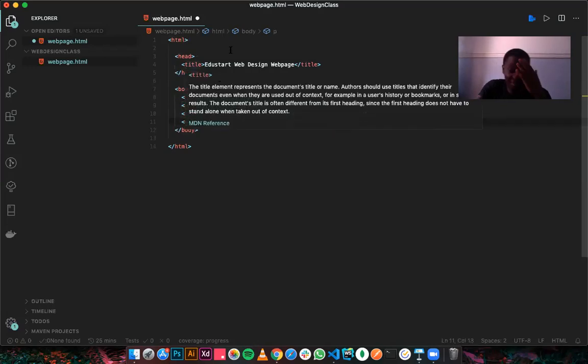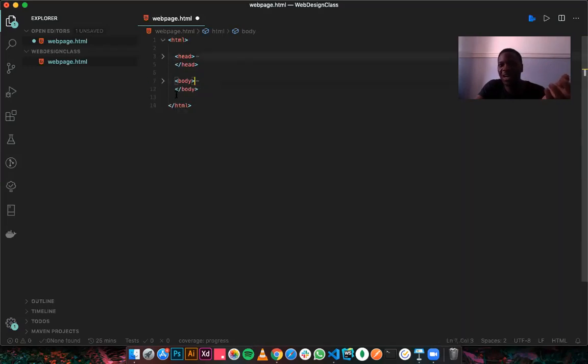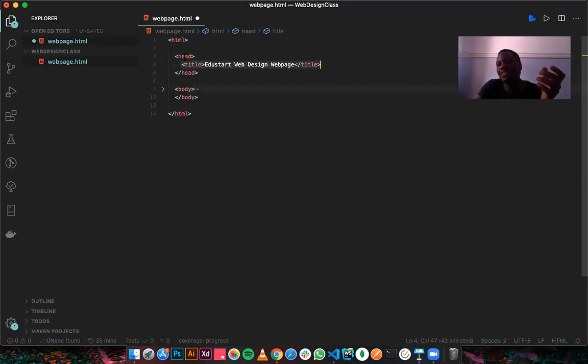Now, it also gives a sense of relationship between the elements. You can say that the HTML is the parent element, and the head and the body elements that are inside it are the children of the HTML element, where the head and the body elements are siblings. As you can see, they are on the same level hierarchically. They are not inside one another, right? And then in the same vein, you also have the title element as a child to the head element, because it's inside the head element, right?